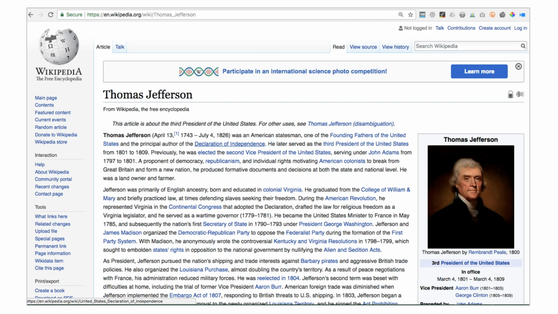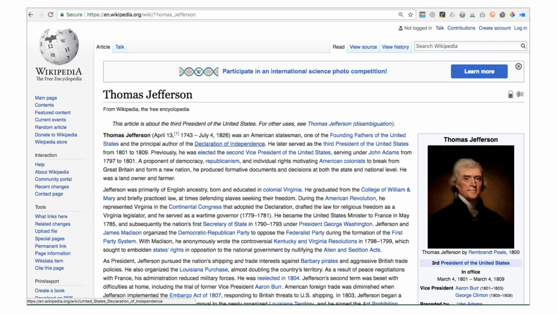We can see any given page for its cached version. So imagine that you have a blog or a page on a website. In this case, it's a Wikipedia page. And that page has been changed. So you update the picture or you update the text on the page. Just because you update the page on your site doesn't mean that the search engine has updated that same page in its index. If it hasn't crawled the site recently,